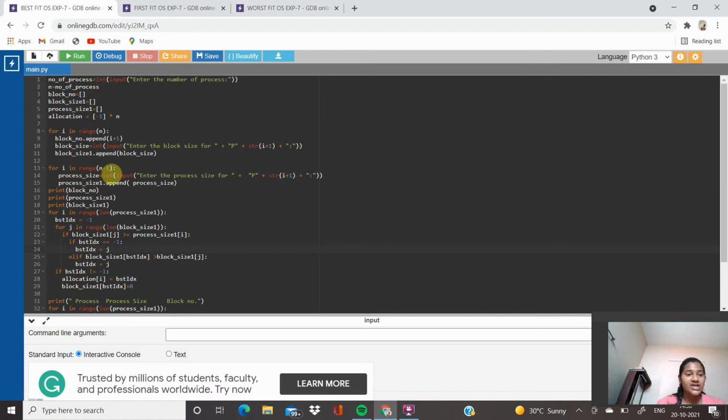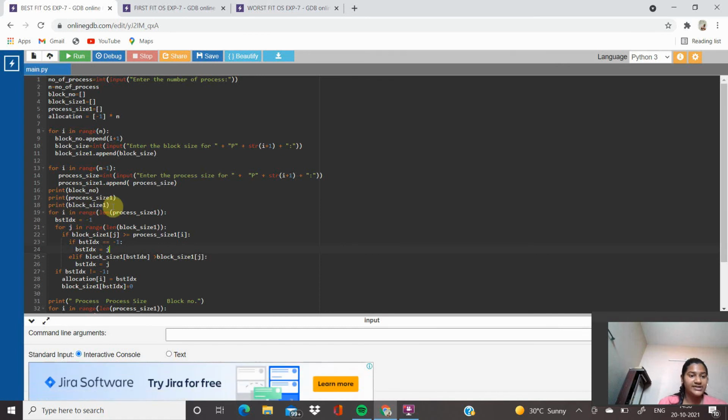For i in range n minus 1, process size equals int input, enter the process size for P plus string i plus 1 plus a colon, process size 1 append process size. Print block number, print process size 1, print block size 1.